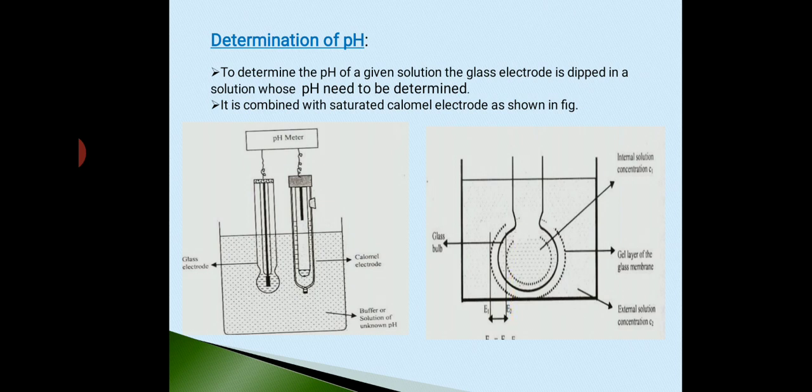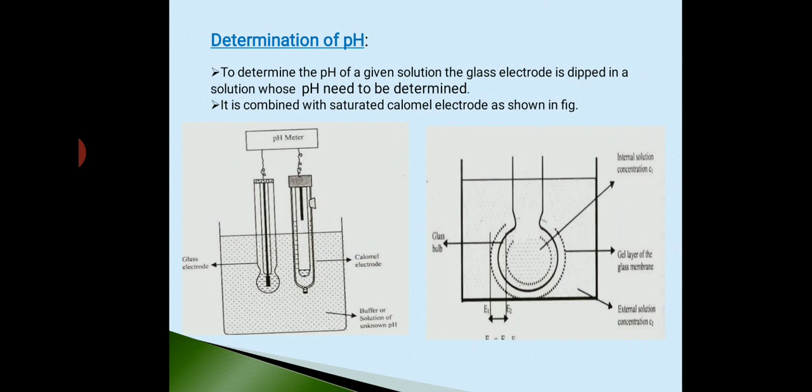The thing is not so simple here. In all the previous cases a metal rod was dipped in its electrolyte solution, so only one surface was experiencing a concentration, and there was only one type of electrode potential. Here, because the membrane experiences two different concentrations at a time, the inner surface experiences one kind of electrode potential and the outer surface experiences another type. So there will be E1 and E2. During the determination step this E1 and E2 will come, so at that time you should not get confused.